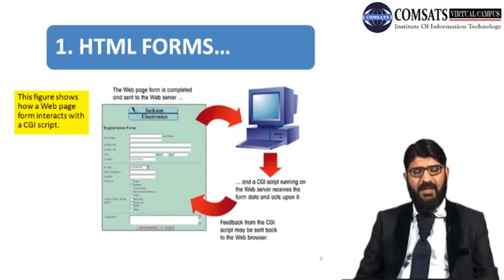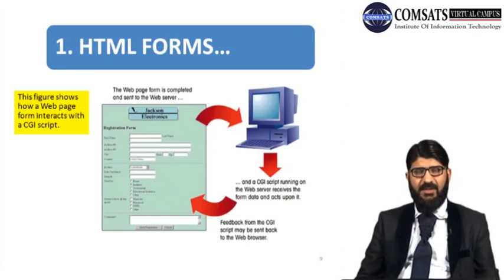HTML फॉर्म के लिए ये एक डायग्राम है जो बहुत क्लियर वे में एक्सप्लेन कर रही है कि व्हाट इज HTML फॉर्म और हाउ इट इंटरैक्ट्स with scripts. If you do see, this is a registration form for a company Jackson Electronics, in which there are different form elements given. For example, first name, last name, address, city, and then country, and then zip code, state code,